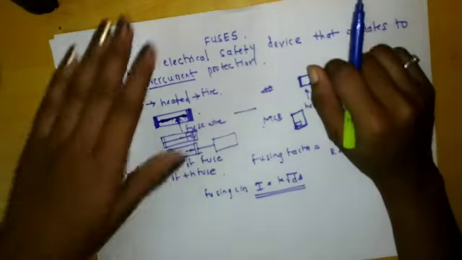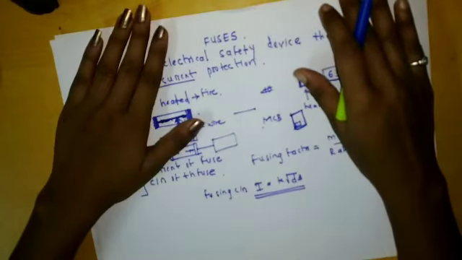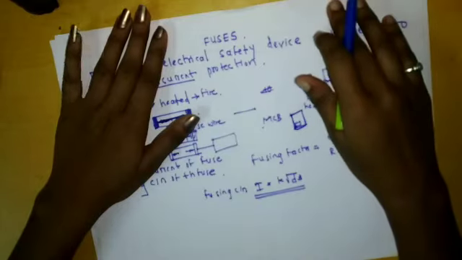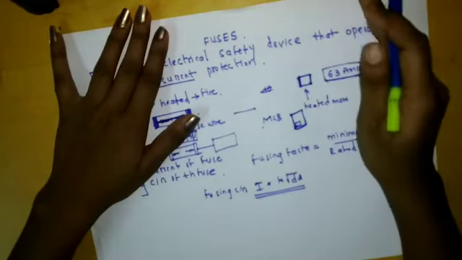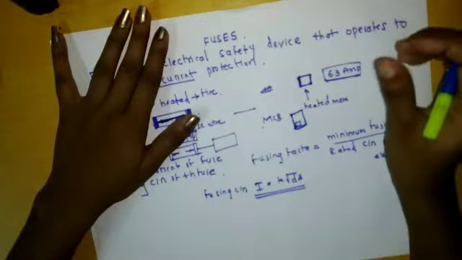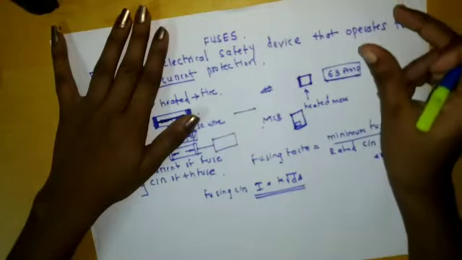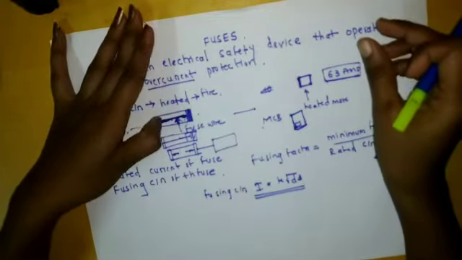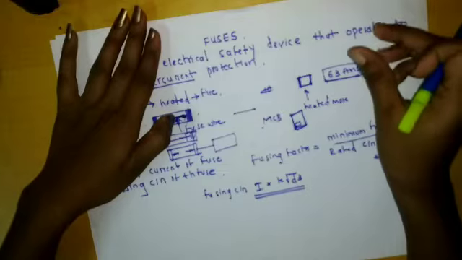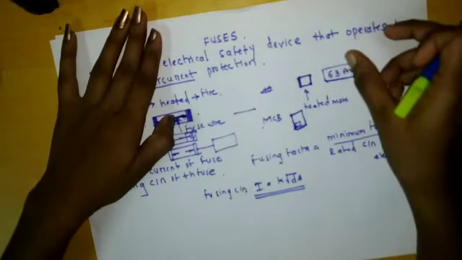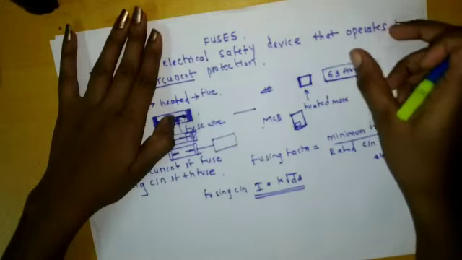Next, a fuse unit should have the following properties: easy isolation or separation from the terminals. These are the properties that a fuse unit should have: easy isolation and separation. Whenever there is a fault or overcurrent and the fuse melts, it must be easily separated, or easily isolated from the terminals.